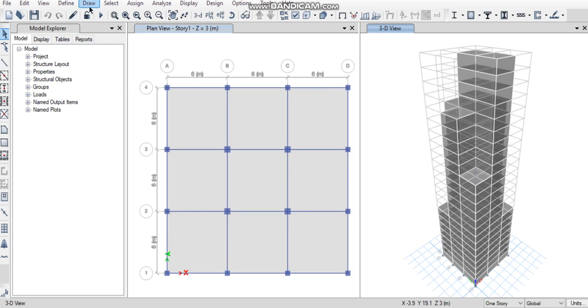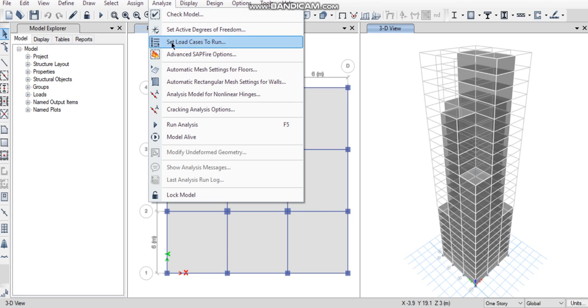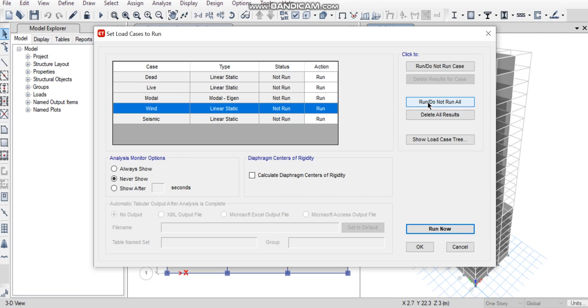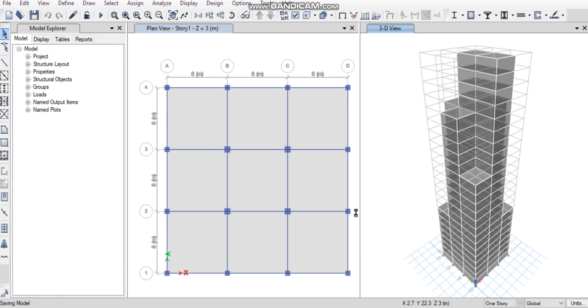And then go to analysis. You have to set load cases to run. When coming to these, the wind load we do not run, so make the wind load as do not run and the remaining as run, and now click run now.